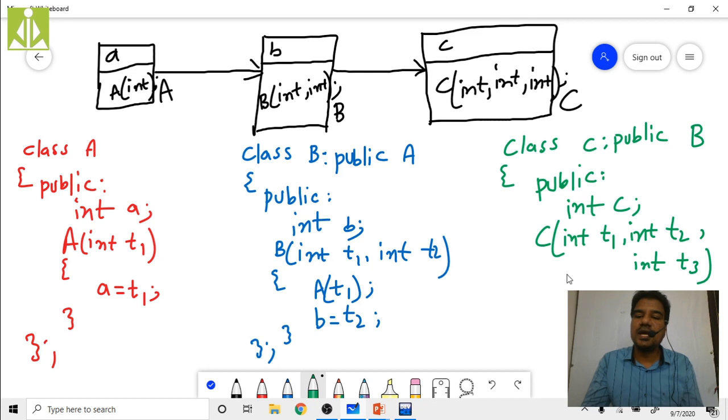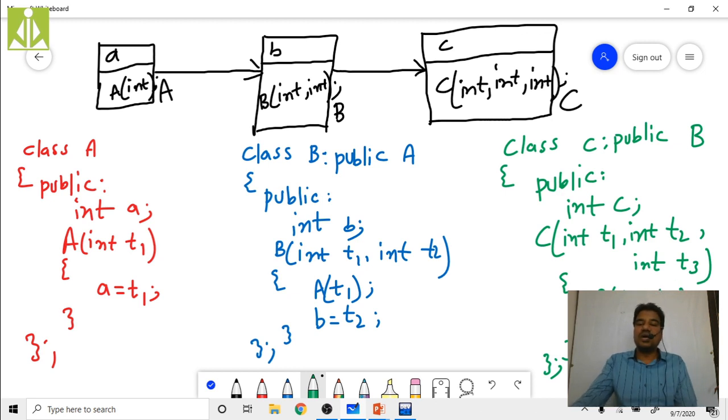Now initialize C with T3. Close this, close the class. Now inside this C you have T1, T2. Pass those two, T1, T2, as parameters to your B class. B of T1, comma, T2.